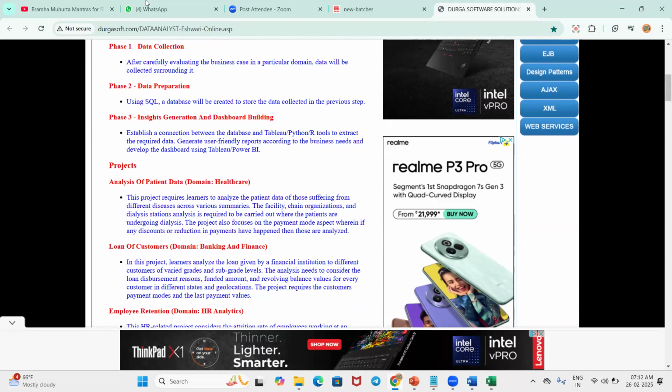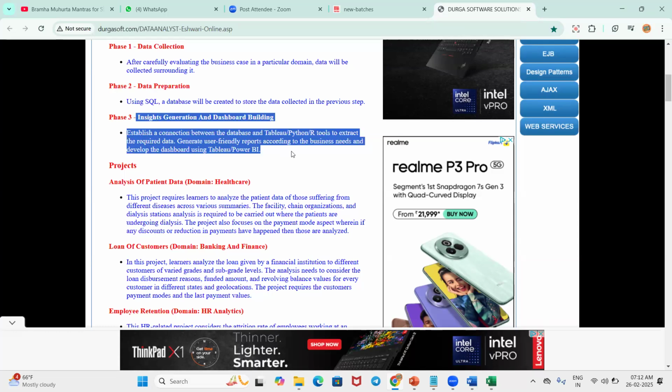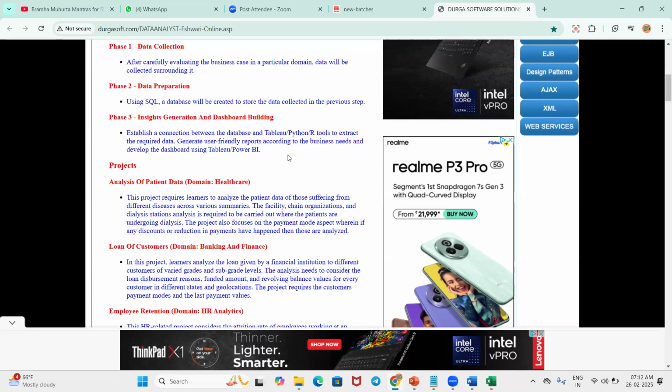In each of the tools, we will learn how to collect the data, how to import the data from different sources. This is very important for data analysis. After that, we will learn how to prepare the data, in the sense of handling missing values, errors, duplicate values and inconsistencies. We can learn all these things in every tool. After that, creating insights. Insights are nothing but visuals that we can create.